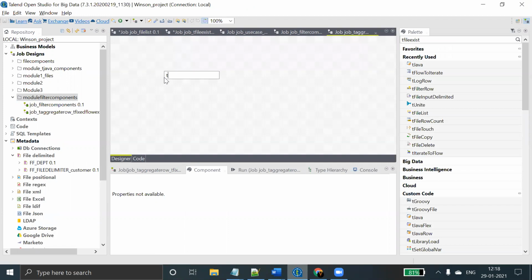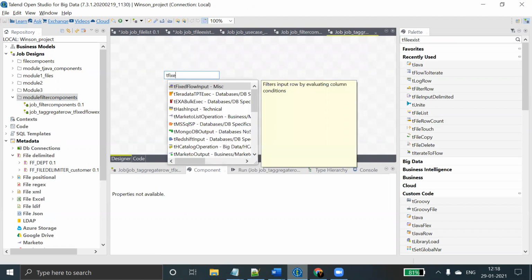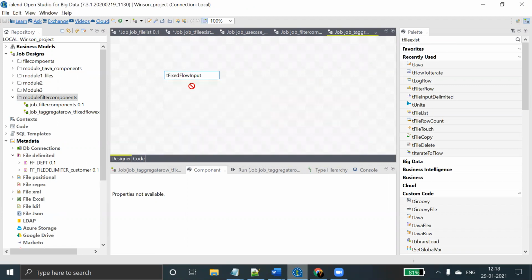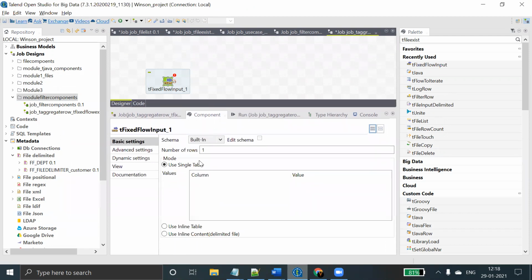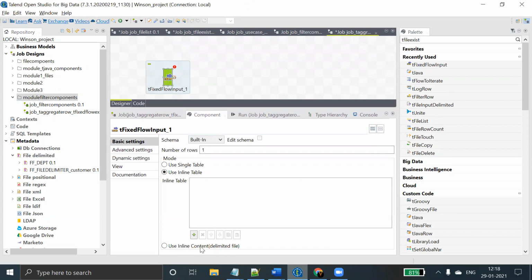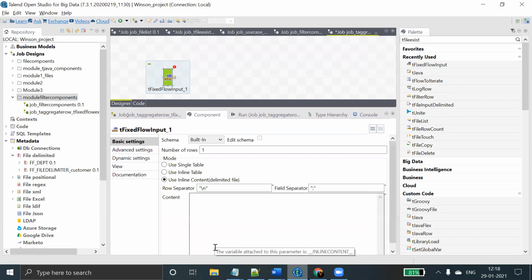I am using tFixedFlowInput. If you see here, these are the tFixedFlowInput options: you have the single table, inline table, and inline content.